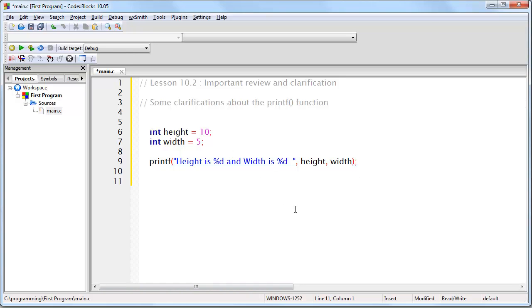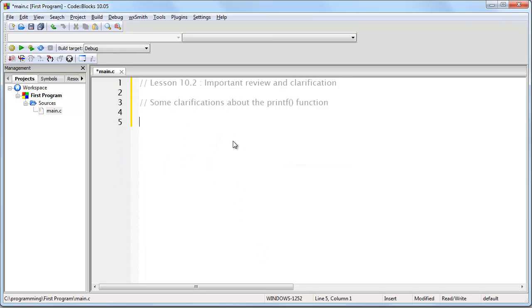And the output here, of course, would be height, which is 10, and width is 5. That would be the output. Now, something very important about the printf function. Up until now, every time we have used the printf function, we have done all of our printing on one line. So for example,